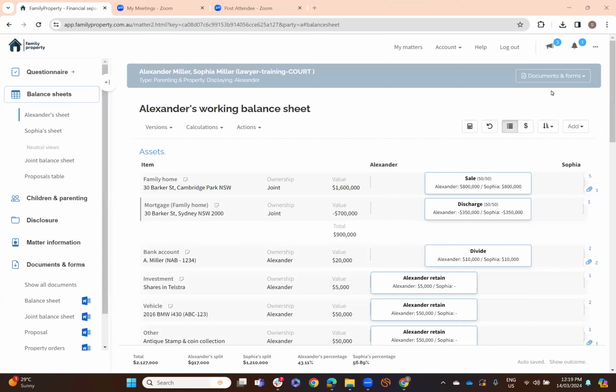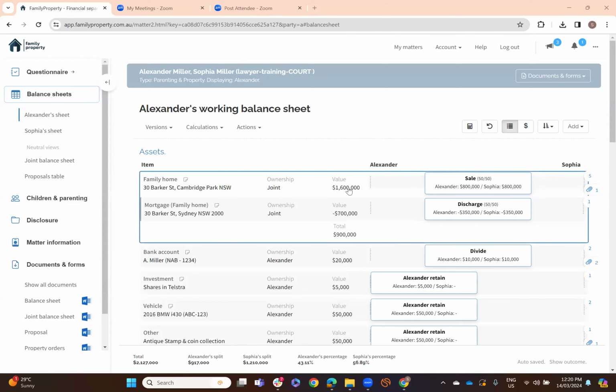The financial statement is one of the most commonly used court forms by legal professionals, and I'm going to show you how it can be generated in family property. Now, open on my screen, I have my client's working balance sheet listing all their assets, the ownership, and their